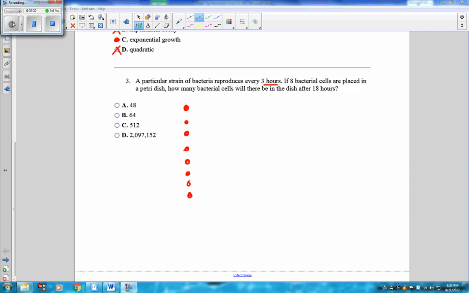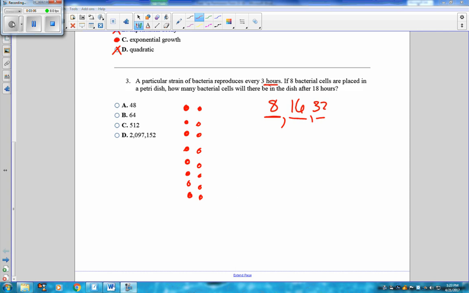From here, after 1 hour, I have 8. In 3 hours, they all reproduce. So they're just going to double. So in 3 hours, I'm going to have 16. In 6 hours, because it says every 3 hours, I'm going to double again. So that means I'm going to have 32. Now,